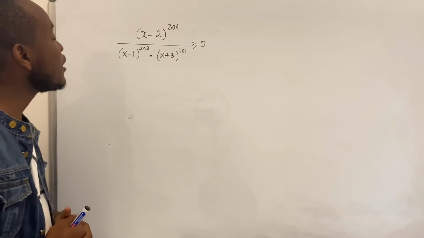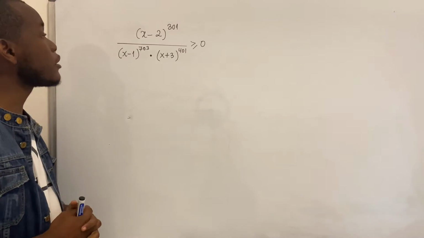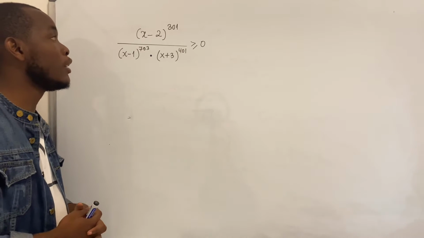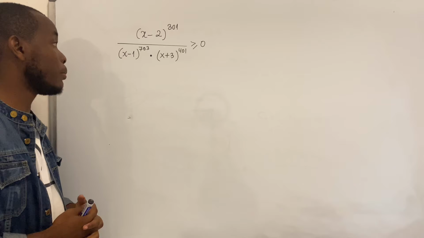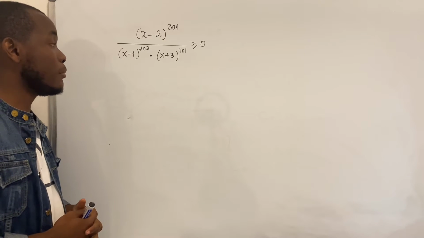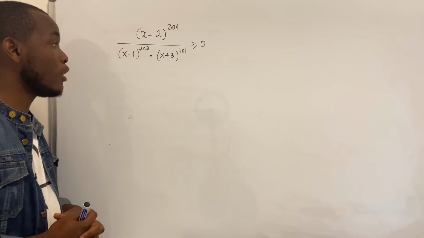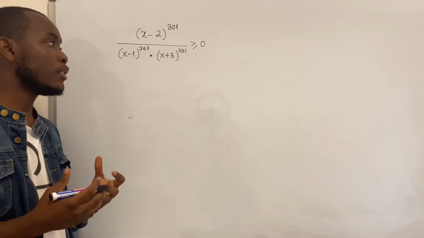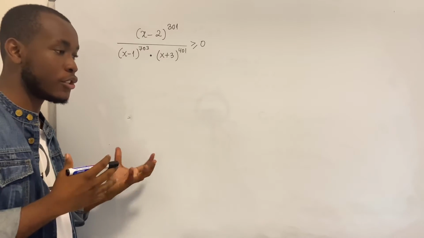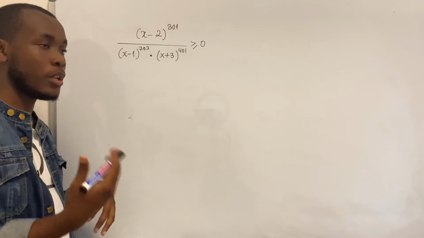So today we have this inequality to solve. We have (x minus 2) to the power 301 over (x minus 1) to the power 703 times (x plus 3) to the power 401. Okay. So analyzing an inequality is studying the sign of the function, where the sign is positive and where the